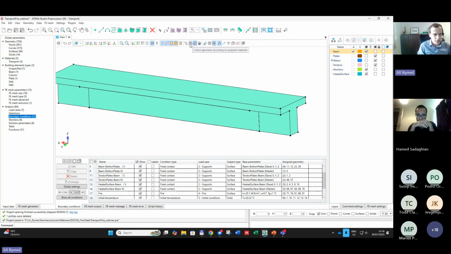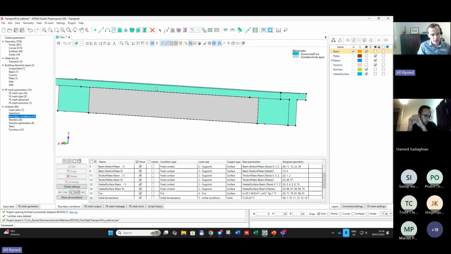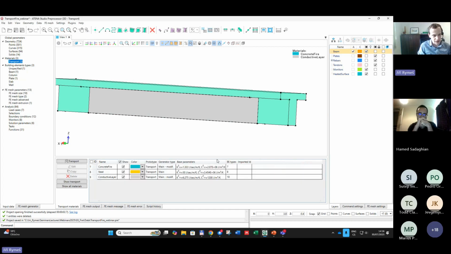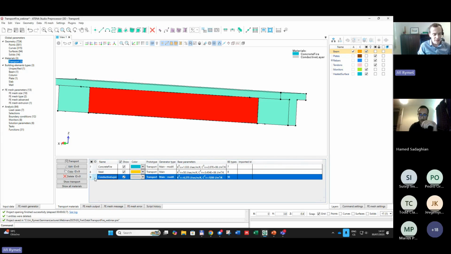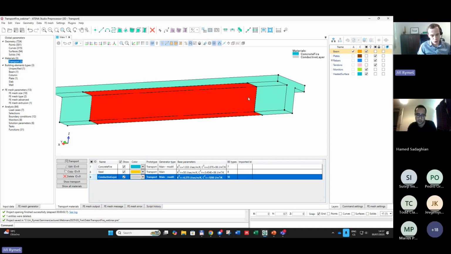For the beam, for the volume, I use a different material. Here it's called conductive layer. The material, you can review it here. It's this material with ID number 9. It has a high thermal conductivity and at the same time very low heat capacity. So once I apply the fire load on this volume, it will not act as